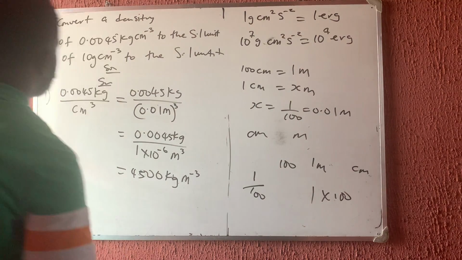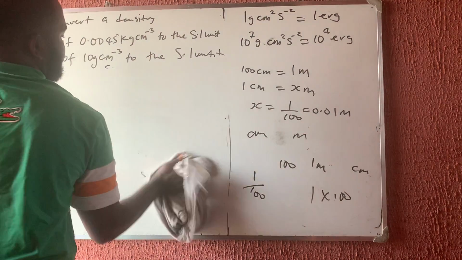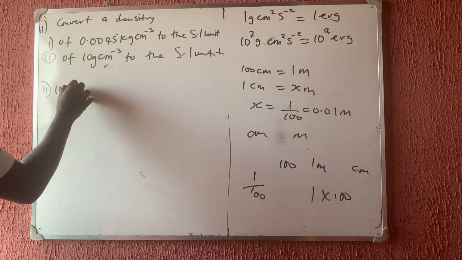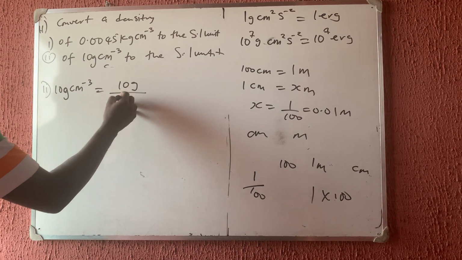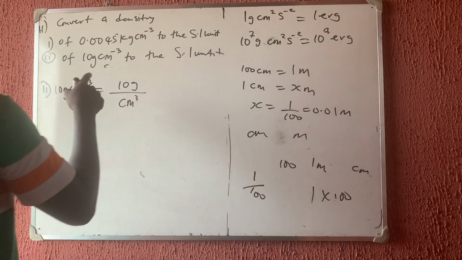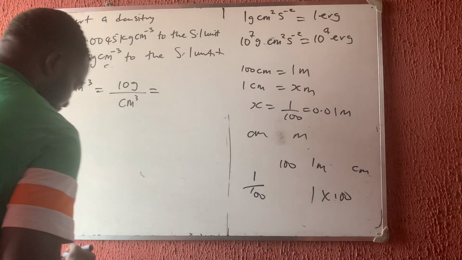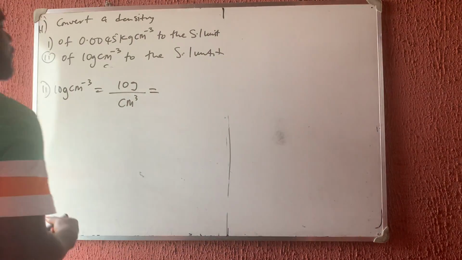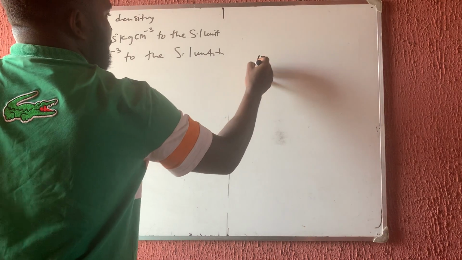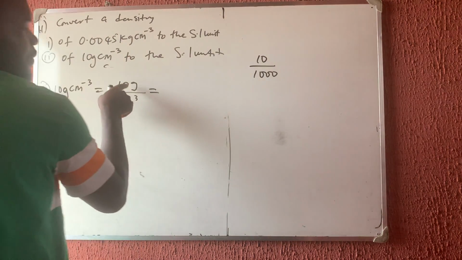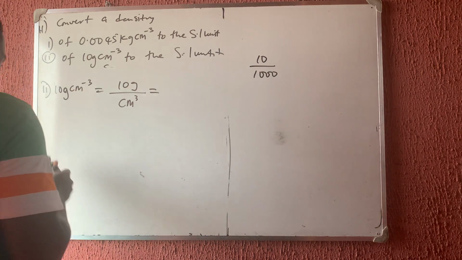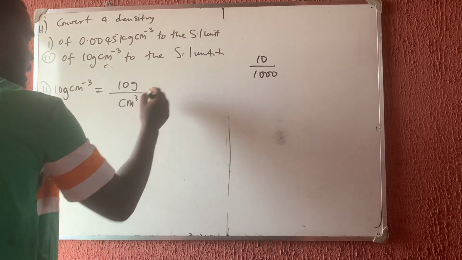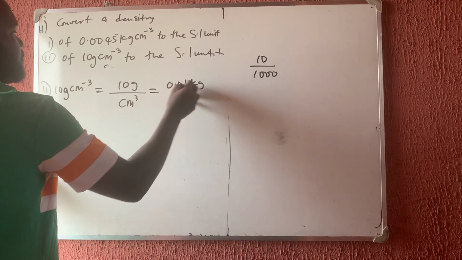We move to the next question, that is II. II said 10 gram per cm cube. Now converting 10 gram to kilogram, the relationship between gram and kilogram is 1,000, is it not true? We are moving from the small unit to the big unit, so I have 10 divided by 1,000, I'm dividing because I'm moving from the small unit to the big unit. So 10 divided by 1,000 will give you 0.01 kg over